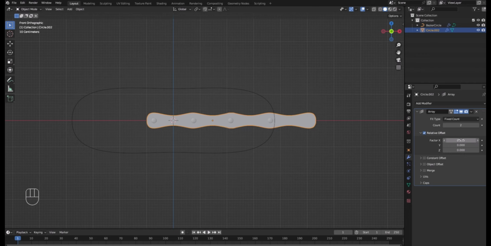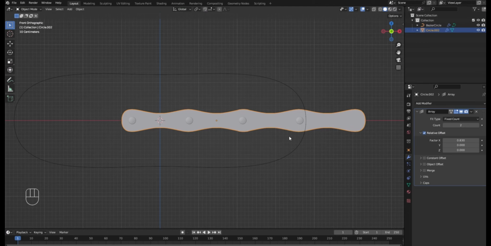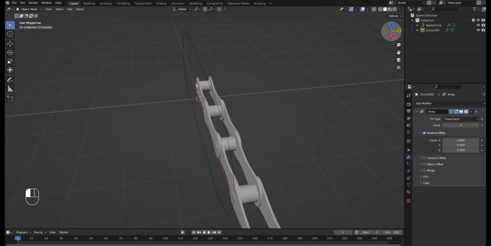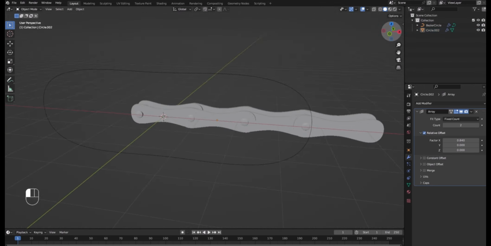So okay, let's use 0.83. 0.83 has given us, yes, what we want. Yes, this is what, no. Let's use maybe 0.84. 0.84. Perfect. 0.84 has given us exactly what we want. All right, so after that,